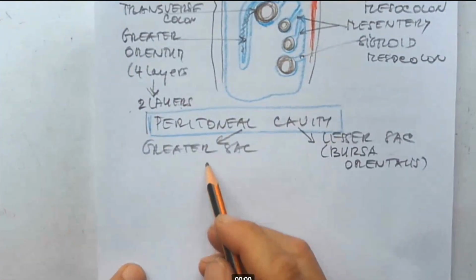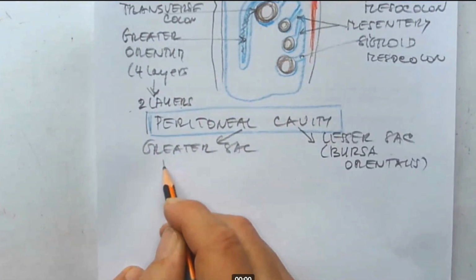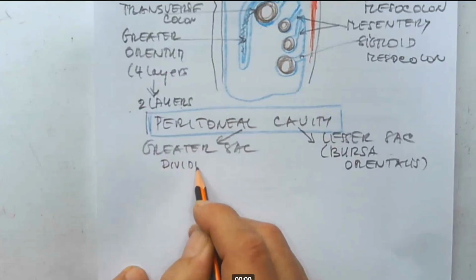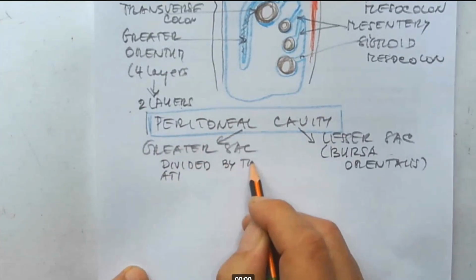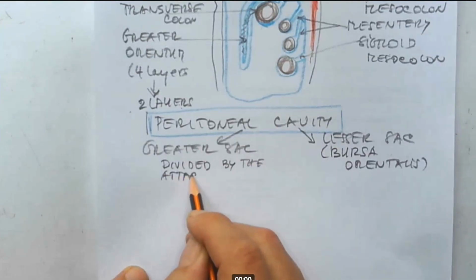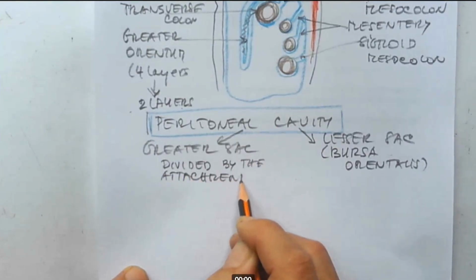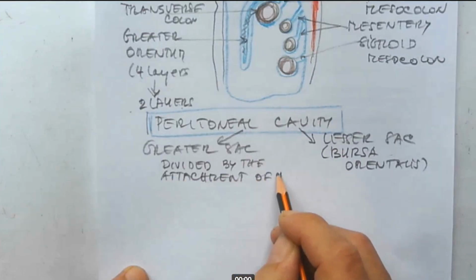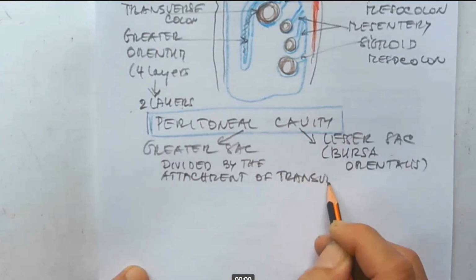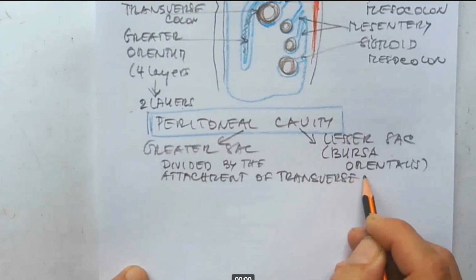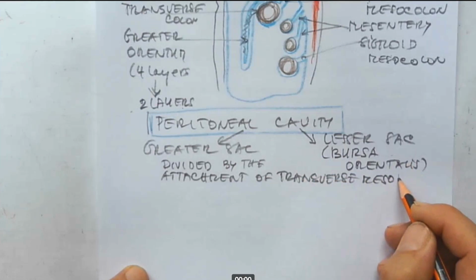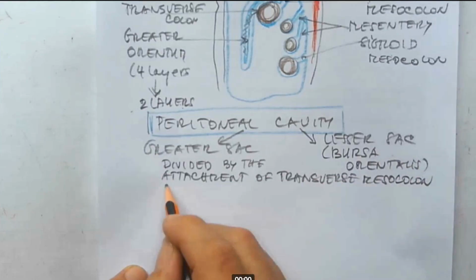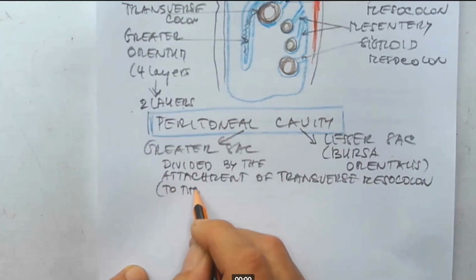The greater sac is divided by the attachment of the transverse mesocolon to the posterior